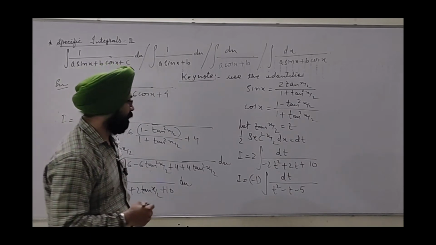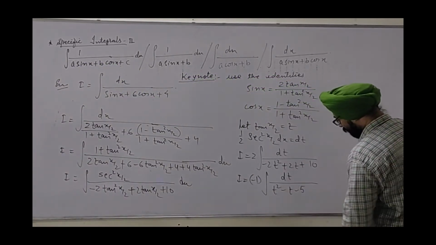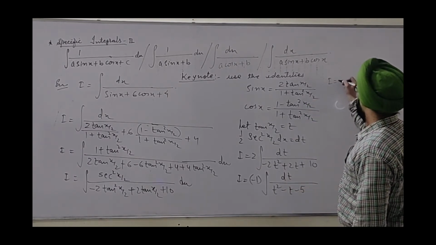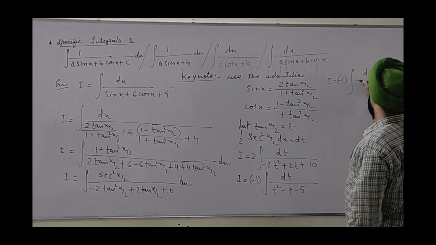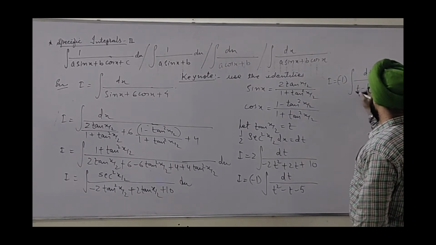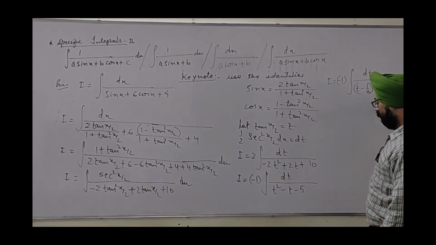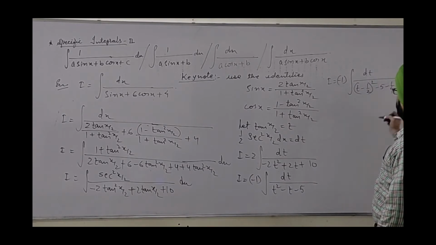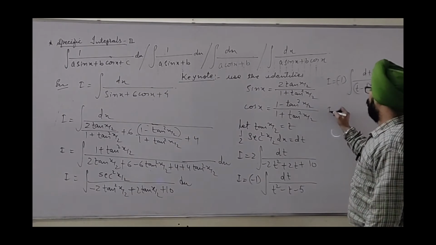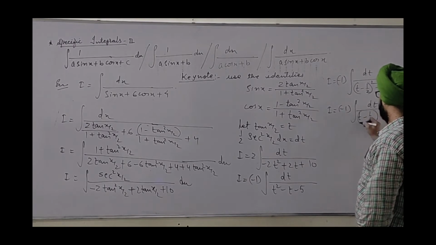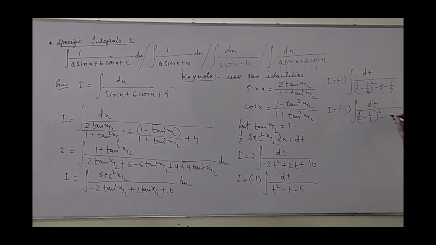Now we need to apply the completing the square method. I get 1 by 2 by the division of 1, the coefficient of t, by 2. So it is minus 1 dt upon t minus 1 by 2 whole square, and here 1 by 2 whole square will be subtracted from minus 5, which is 1 by 4. Let's simplify. So we get minus 1 dt upon t minus 1 by 2 whole square minus 4 5 are 20, 21 by 4 to be written as a whole square.